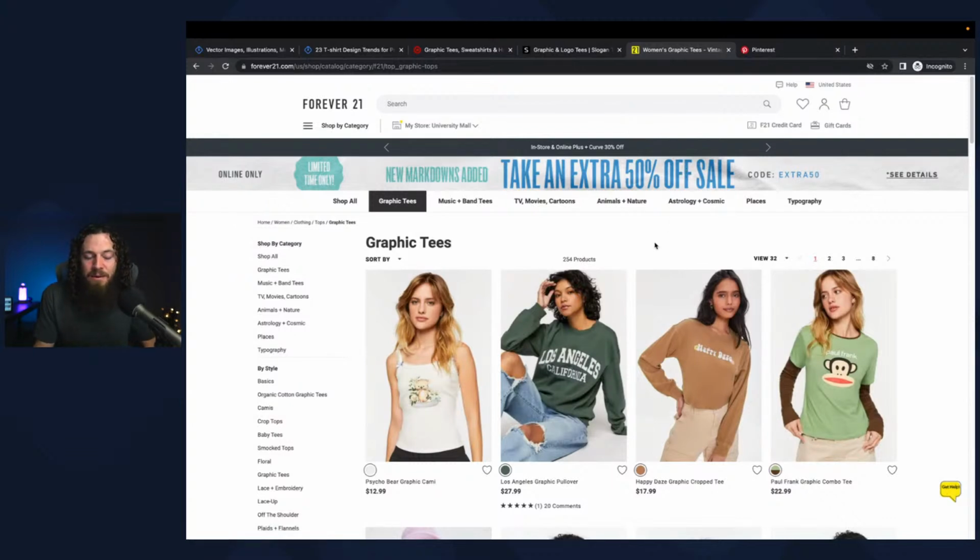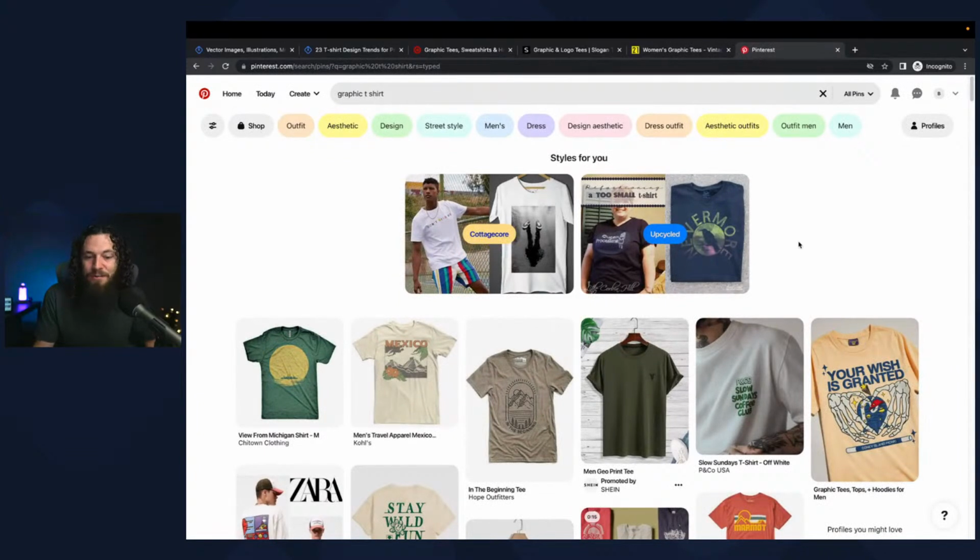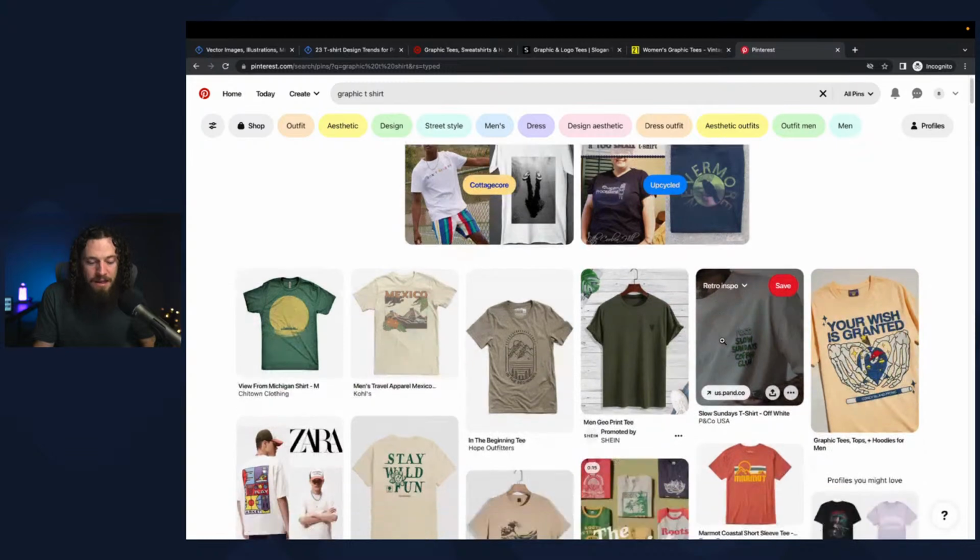The next way I could do my trend research is using Pinterest. If you're not using Pinterest, it's a great resource for doing your trend research and to really gain inspiration. There's a lot of inspiration that can come from searching on Pinterest. So what I will do is in the search bar, search for whatever niche that I'm designing for. So if you're designing for, let's say, the medical field or whatever it is, you can search that. Or you can just do a general search like graphic t-shirt, and then again look through